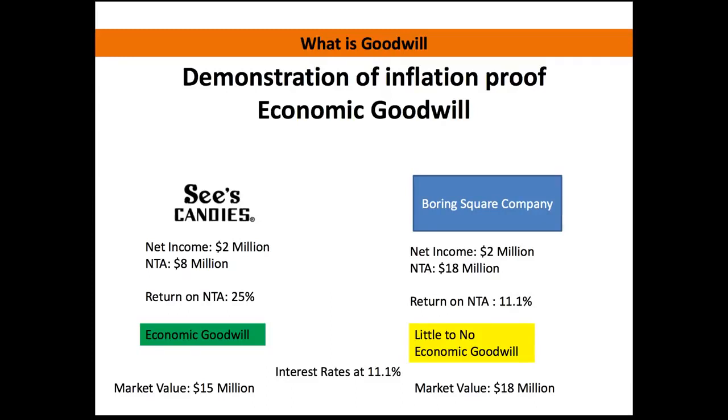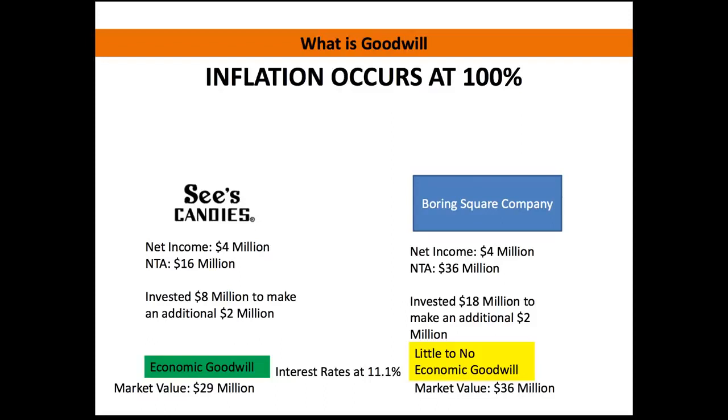So looking at these companies, you can see that they both have the same profit. See's has less than 50% of the net tangible assets, but yet the values of both of these companies are very similar at 15 and 18 million. So this is where he really demonstrates his point. Let's assume that inflation occurs right now at 100%. So we went from the last scenario to this scenario, and between those two scenarios we have 100%